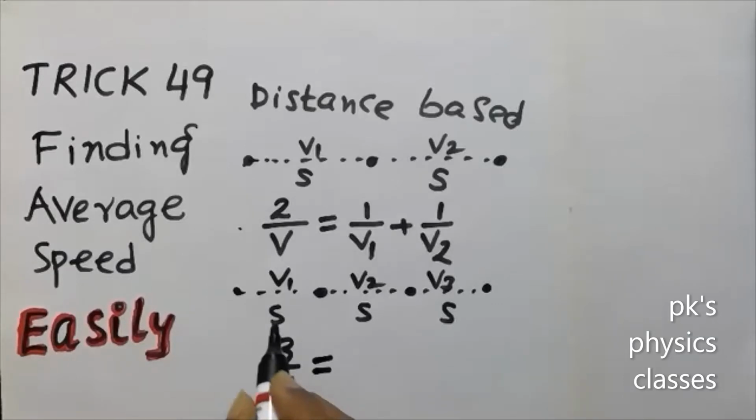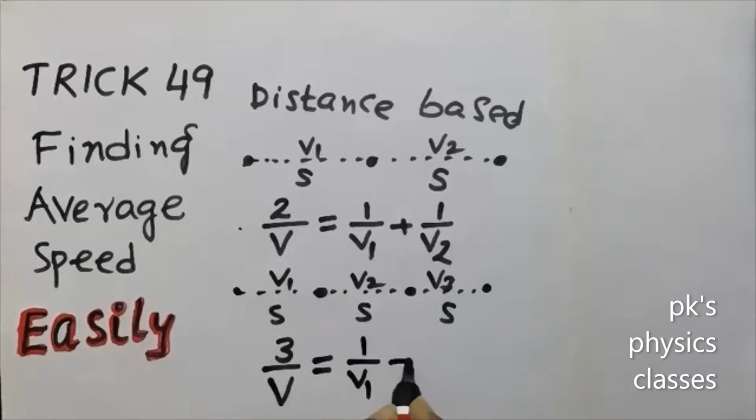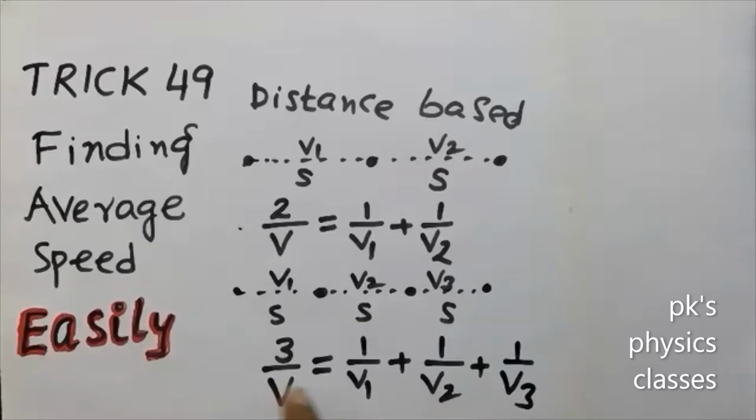Now this is equal to the first S distance covered with v1 speed. Second means how many S in the second journey? Only 1. So 1 by v2 plus, here in the third 1/3 only 1s, so 1 by v3. See, just further you simplify because these are all numbers. Here one number, here one number, here one number. Simply using numbers without the procedure, you will end up with minimum stress. Now let me go with the next example.